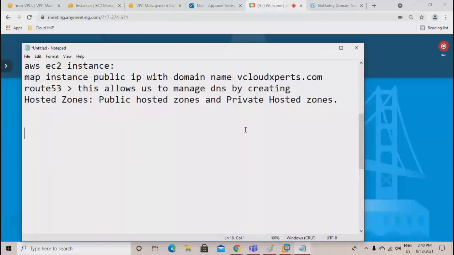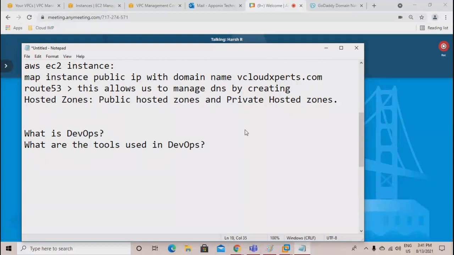what is DevOps? What are the tools used in DevOps? What are logic apps or function apps?